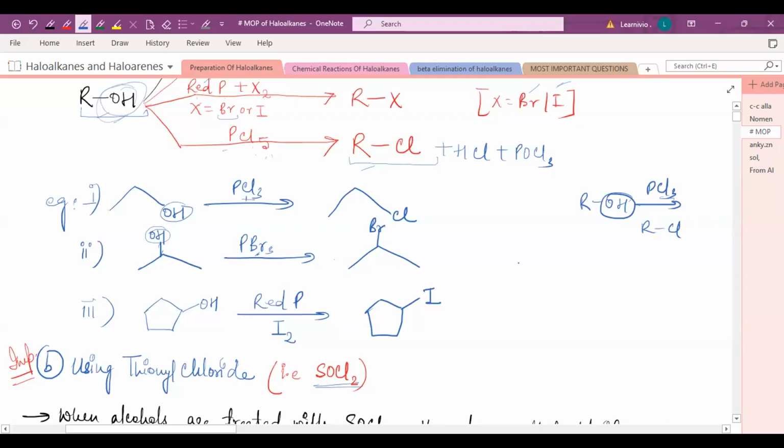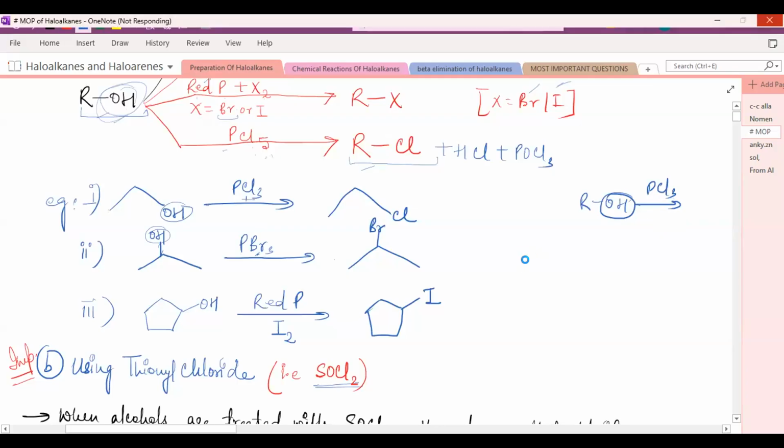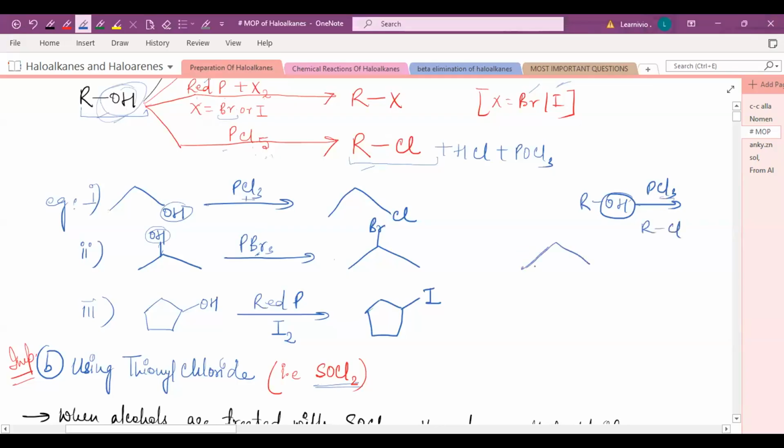So here the alkyl group is CH3CH2 and OH. When the reagent is PCl3, what you are supposed to do is just replace this OH group with chlorine. You will get the product, which will be your corresponding